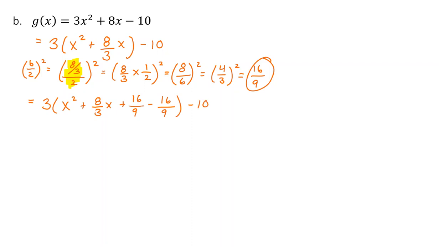Okay, the next step, as I'm sure you're all thinking, is that distributive property. Take that leading coefficient and multiply it by the value that you're subtracting in the brackets. So that's subtract 16 over 9. And that will allow us to remove that, leaving us with a nice trinomial with some fractions in it in the brackets. And what we have outside here is minus 10